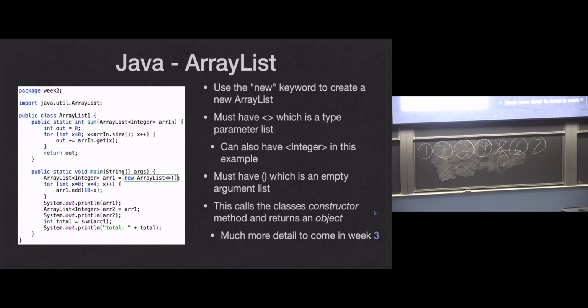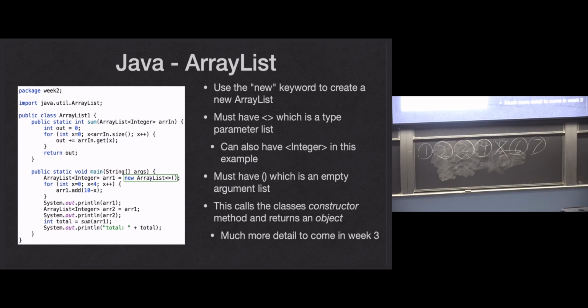in week 4, here's an example of what I was saying earlier. I did update these slides, but it looks like they didn't make it to the live site. I'm not going to mess around with it right now. But in week 4, we're going to start talking about classes, constructors, objects, all that stuff. For now, let's just say we need this keyword new when we want to create a data structure of type